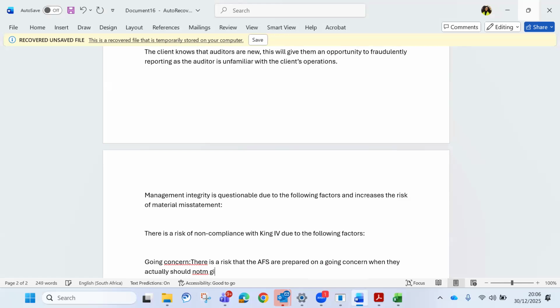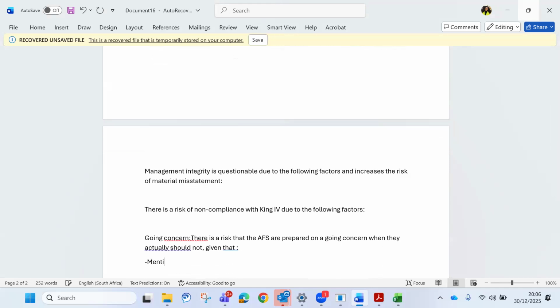Given that, you can't just tell me that there's a risk that this is not a going concern. What's making you say this? There's a risk of you doing this. Given that, you then mention all the indicators that you see of the company being in financial distress, such as, you read it there, you find it in the scenario, their performance has been poor, your revenue has been low for so long. You mention all of them.